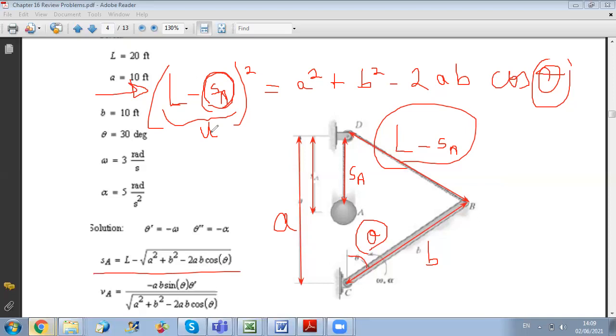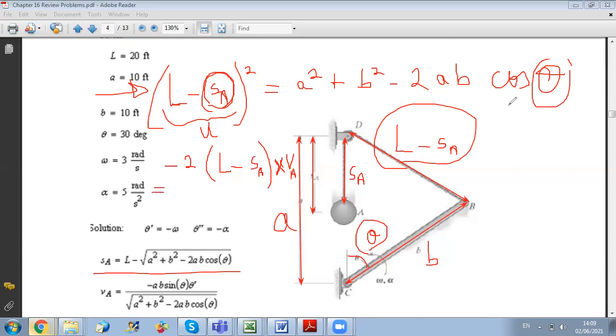It will be minus 2 times (L minus SA), and then I convert it to a derivative with respect to time by using the chain rule. I multiply by dSA by dt. And what is dSA by dt? It's the velocity of A. So minus 2 (L minus SA) times VA equals